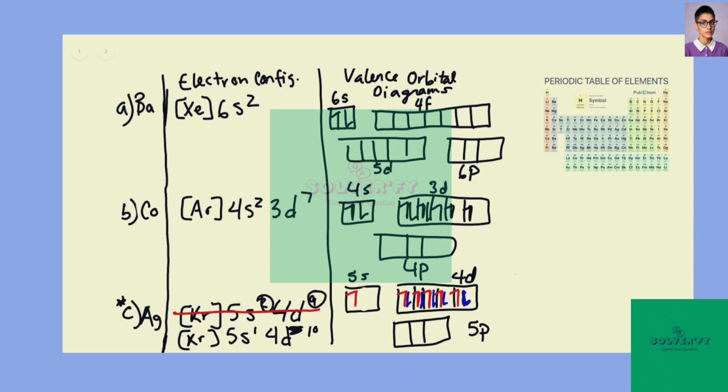So I hope this cleared up your understanding of how to fill orbitals, how to draw them out, electron configurations, and in particular, I hope that the explanation of why silver, along